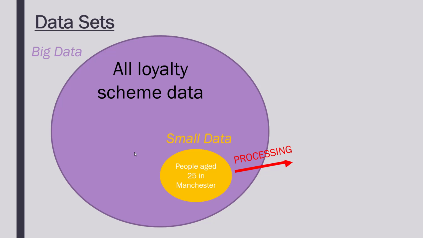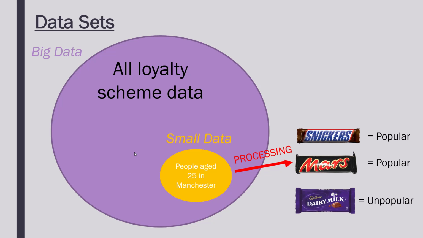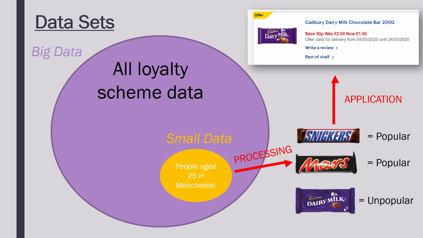Do some analysis, have a look, and maybe you are thinking about chocolate if you're running a store, and you might find that two chocolate bars, Snickers and Mars, are quite popular with people aged 25 in Manchester, but for some reason Dairy Milk is not popular. And so if you are trying to sell more Dairy Milk, you might add a special offer, reduce the price a bit to try and incentivize people to buy that product,